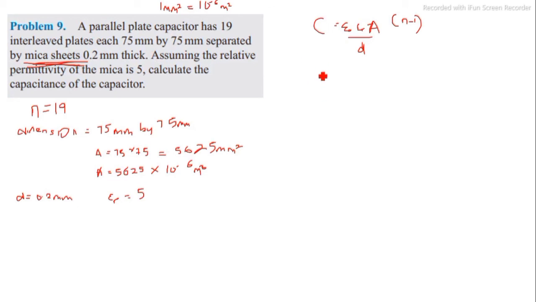So your C now, because epsilon naught is a constant, which is 8.854 times 10 to the minus 12,